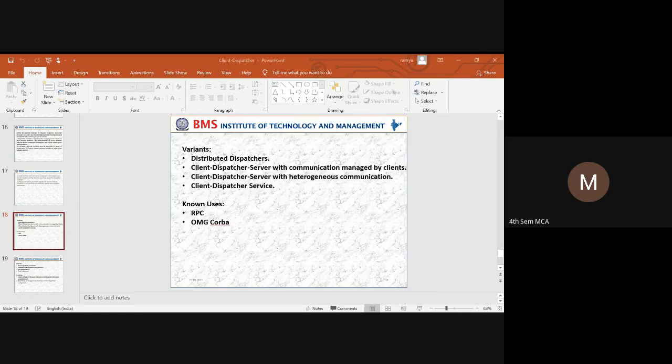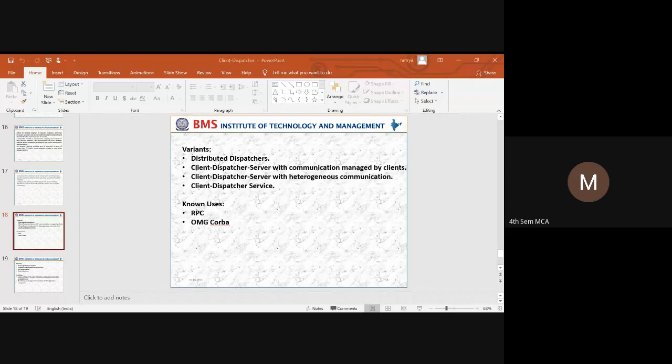So what happens with this variant? When the dispatcher receives a client request for a server on a remote machine, it establishes a connection with the dispatcher on the targeted node. The remote dispatcher will initiate the connection with the requested server and send the communication channel back to the first dispatcher.